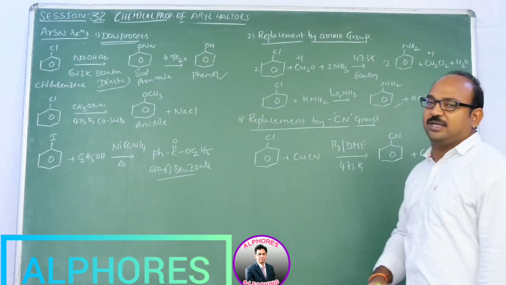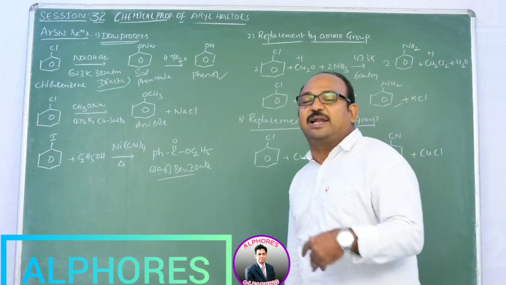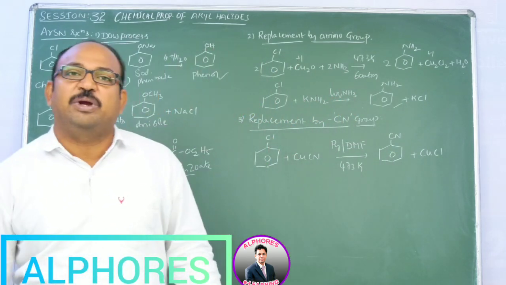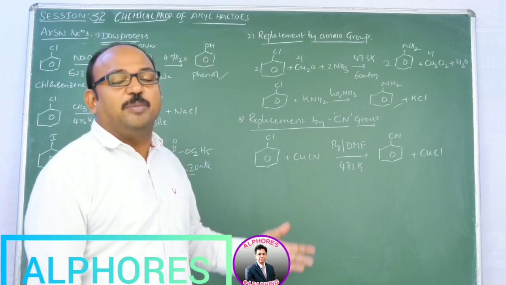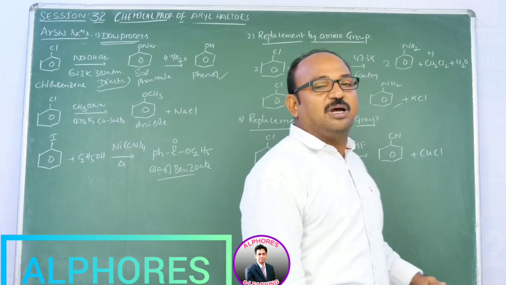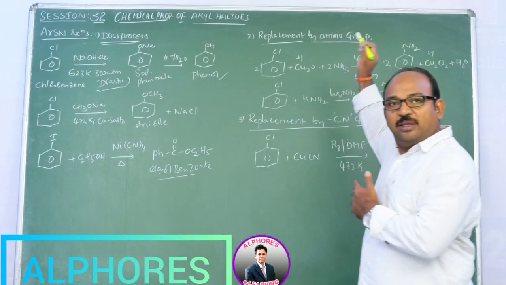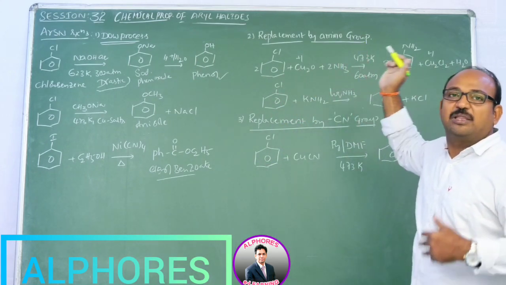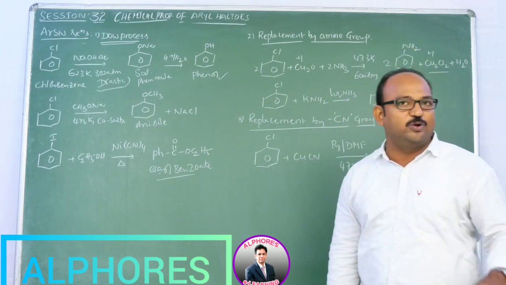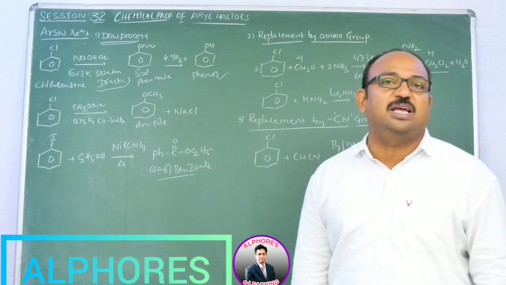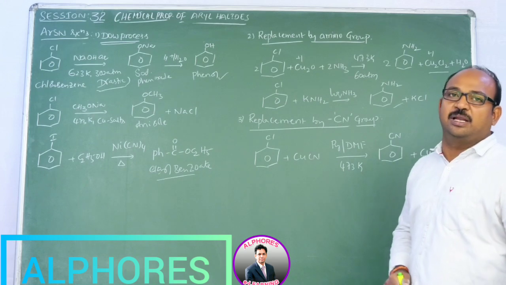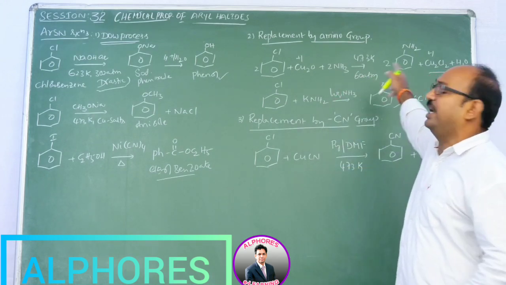So in this reaction there are two methods. One is direct elimination followed by addition, where Cl is displaced by NH2 minus. The other method uses copper salts, Cu+1 salts, cuprous salts. When we are using cuprous salts, you get aminobenzene or aniline, and there the byproduct is only Cu2Cl2, meaning the copper oxidation number does not change. That means this is not an example of a redox reaction. There is no change in the oxidation state, right?